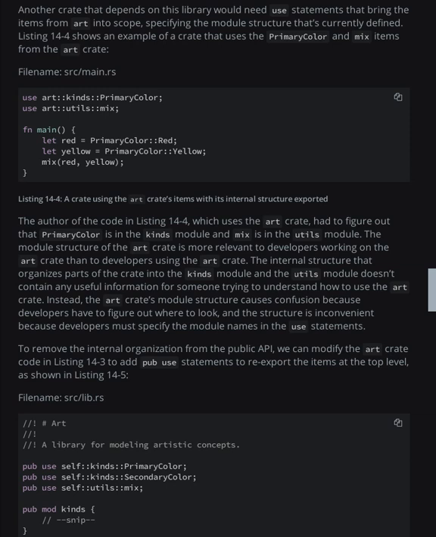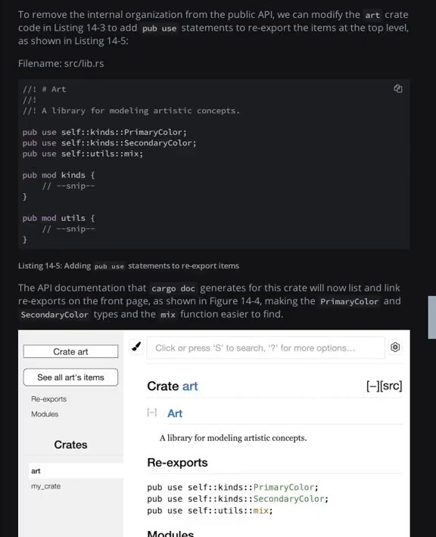To remove the internal organization from the public API, we can modify the art crate code in listing 14.3 to add pub use statements to re-export the items at the top level, as shown in listing 14.5. pub use self::kinds::PrimaryColor; pub use self::kinds::SecondaryColor; pub use self::utils::mix; pub mod kinds { // snip } pub mod utils { // snip }